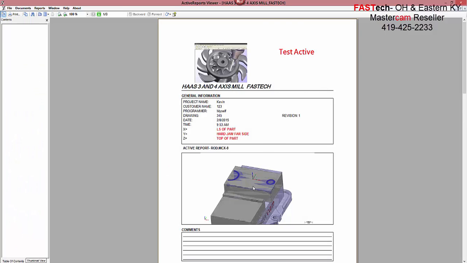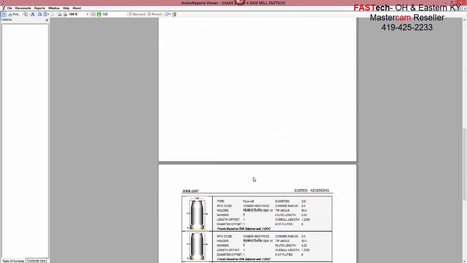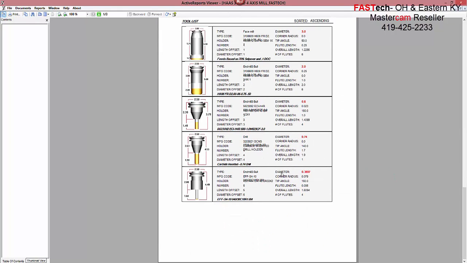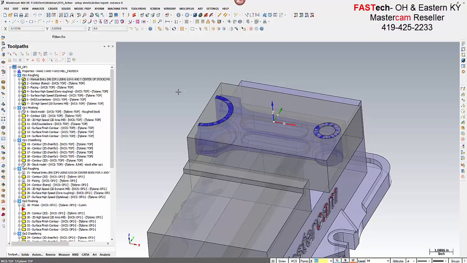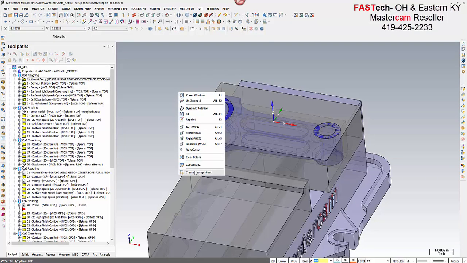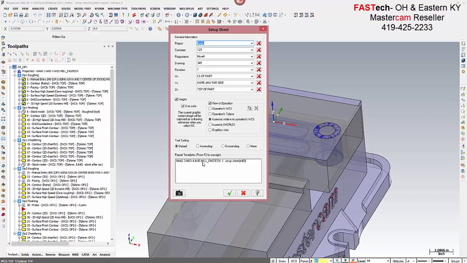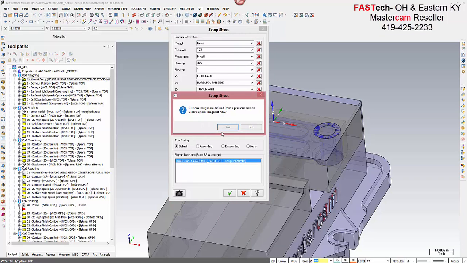So there's the first picture I took. If I come down right afterwards, this one here, you notice doesn't have any captures. Well, this setup report did not put any captures into this. So there again, that's kind of a nice idea to say, well, what does the other one look like? If I go ahead and do a setup report and I hit F2,